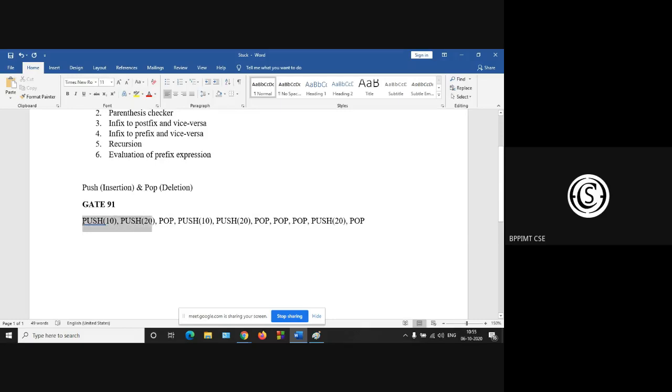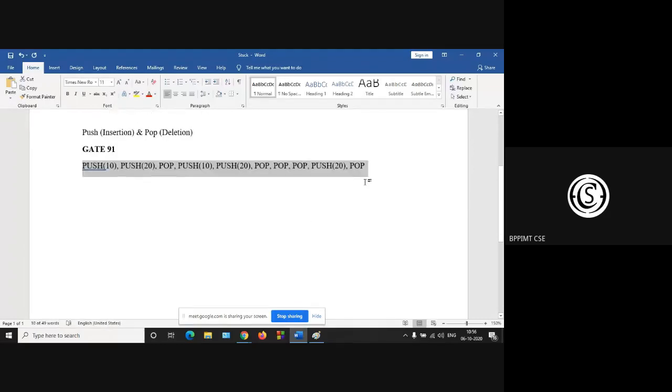So two pushes followed by a pop, then again push 10, then 20 is pushed, then three pops, and push 20 and pop. What will be the sequence of values popped out? Any suggestion?